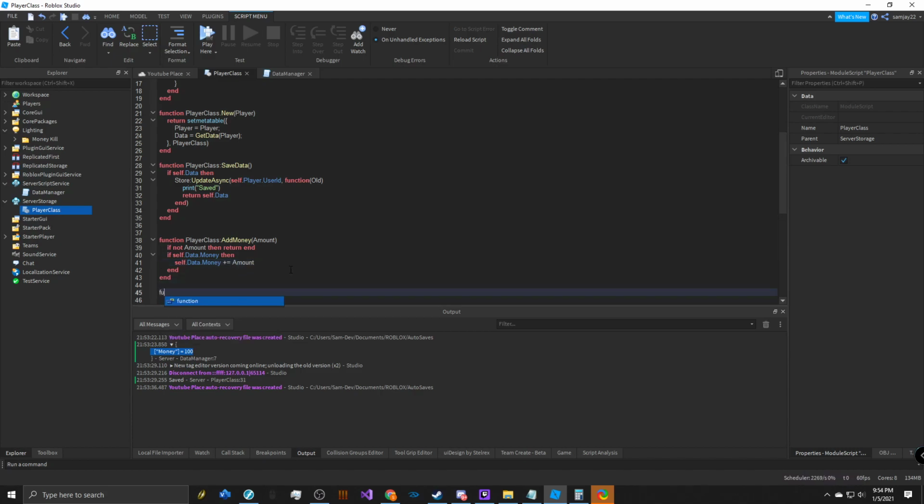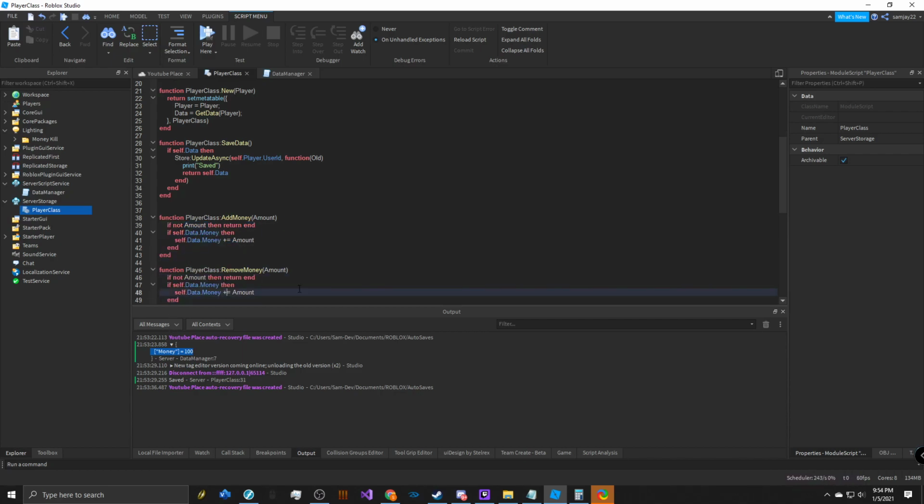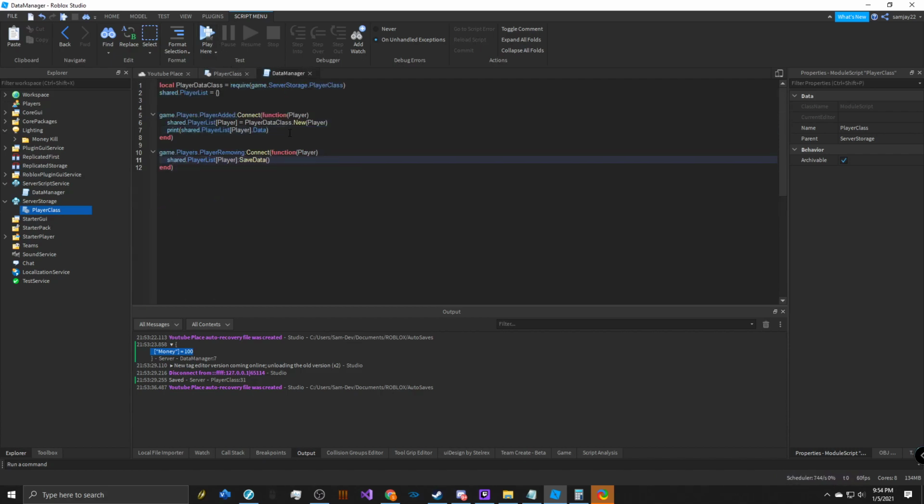Now, if you want to have a function called remove money, you can do that. And then yet again, we have the amount. You can copy this like that. Just remove that and just do minus equals. So now if we call the function,